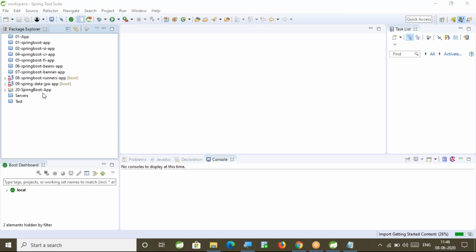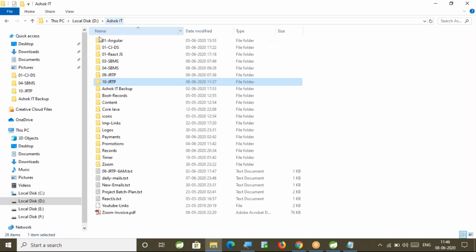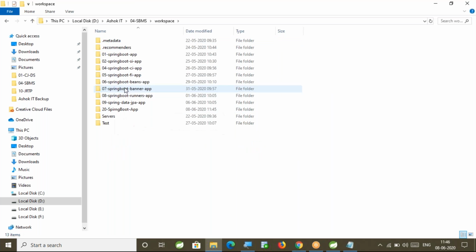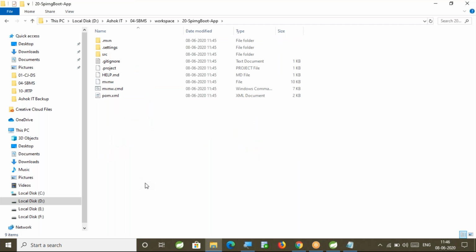Here, let me go to this project location. So this 20 Spring Boot application got created in the workspace folder. This is the project which is created.